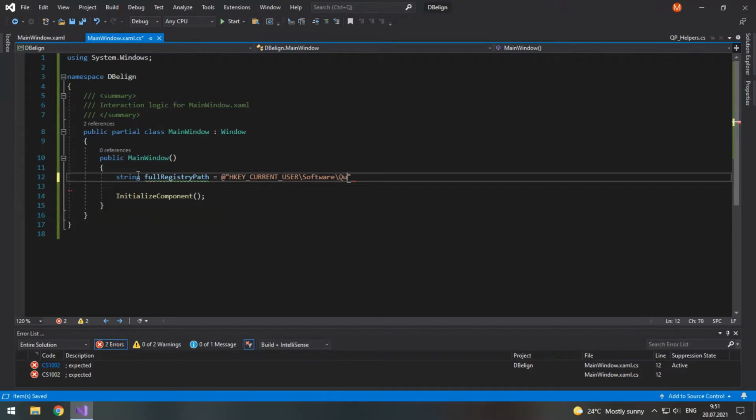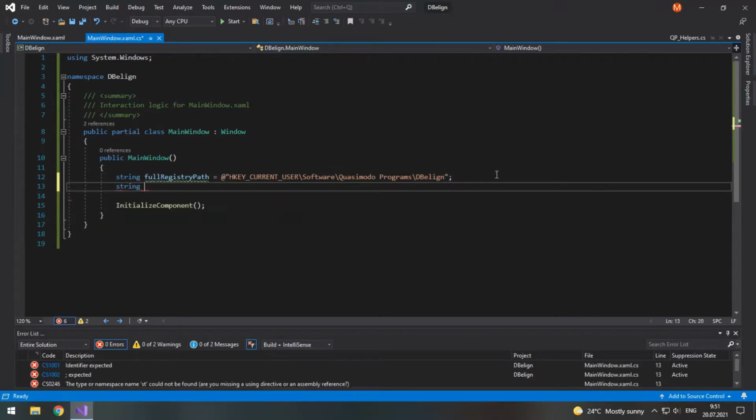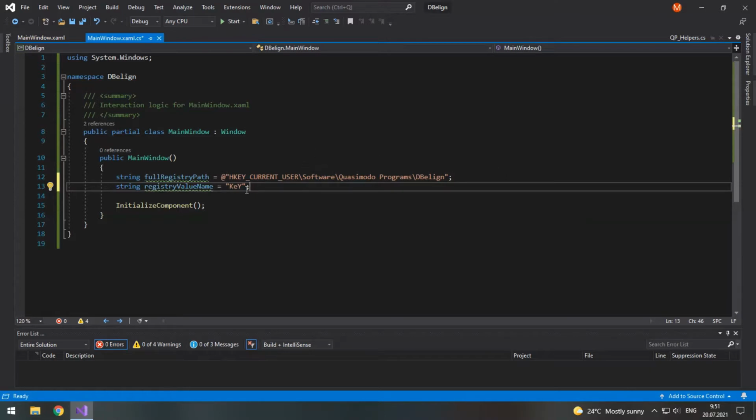I will go with Quasimodo programs backslash dbaligner. Alright, and another string variable for registry value name. I will call it just key, like this. Well, again, you can customize it as you wish.